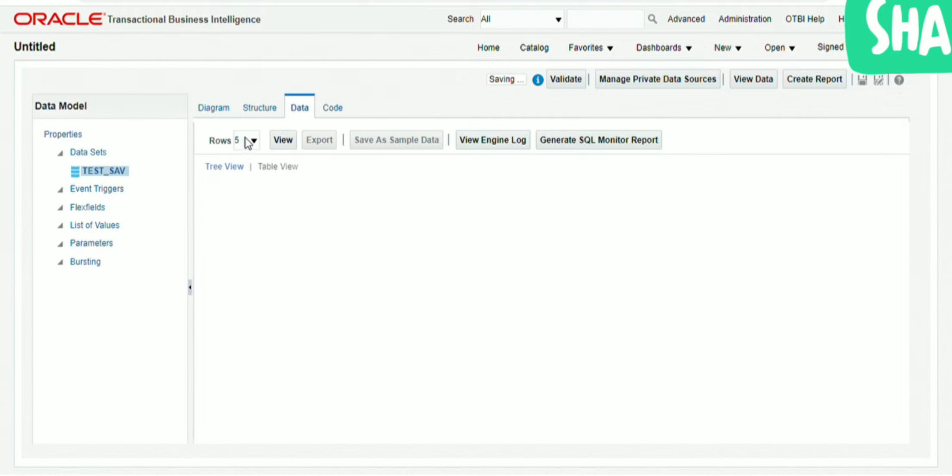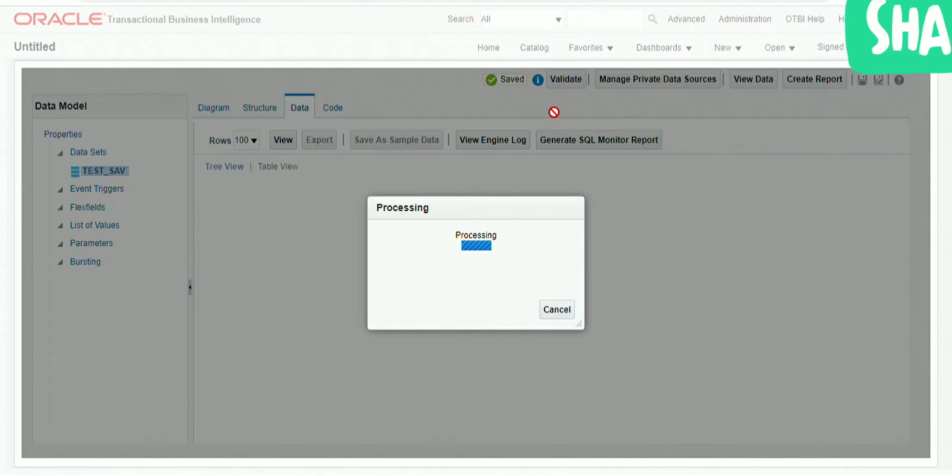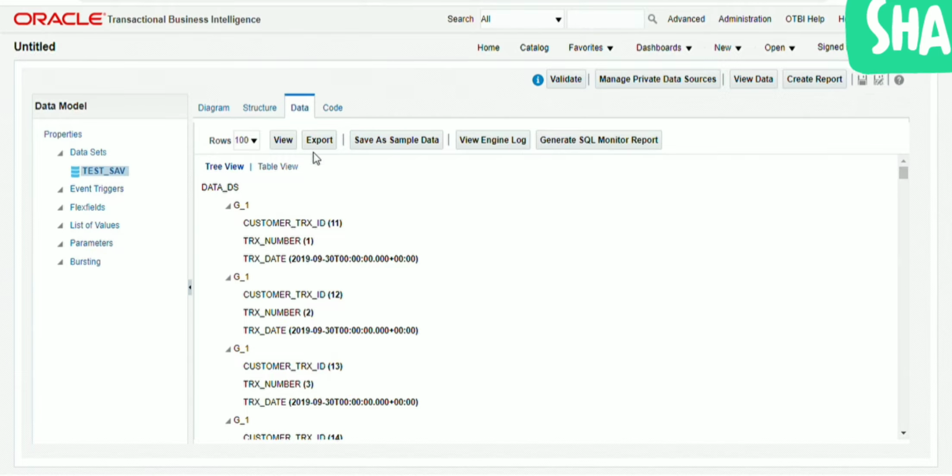Yeah, so we have our query prepared. This is the first and foremost step: to write a query and validate it.